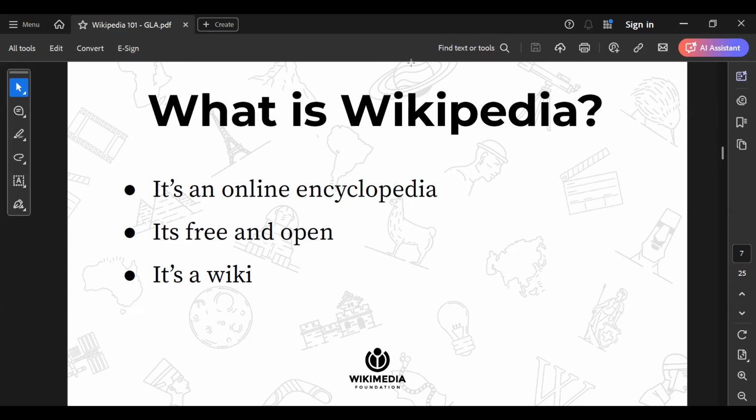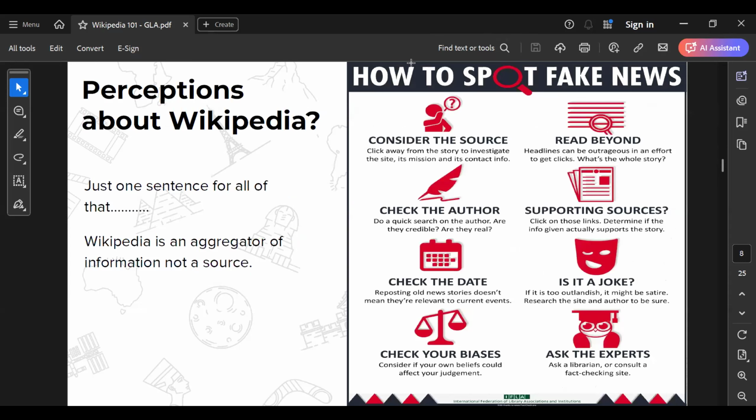And people have so many different perceptions about Wikipedia. As students, you may have heard your professor tell you Wikipedia is not a good place. Wikipedia is not credible because so many people edit it from different locations. Wikipedia cannot be used in academia. And in one way or the other, they are right. On the other side, they are wrong. So I'll be telling you the difference and what they mean when they say you cannot use Wikipedia in your assignment.